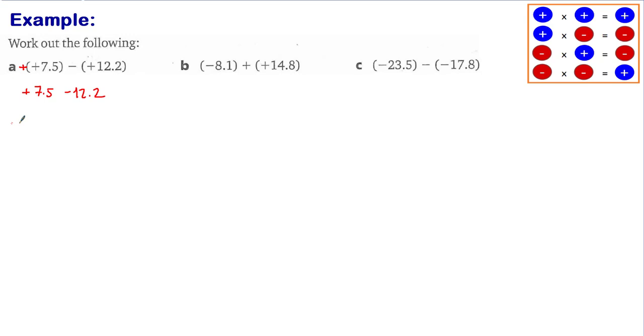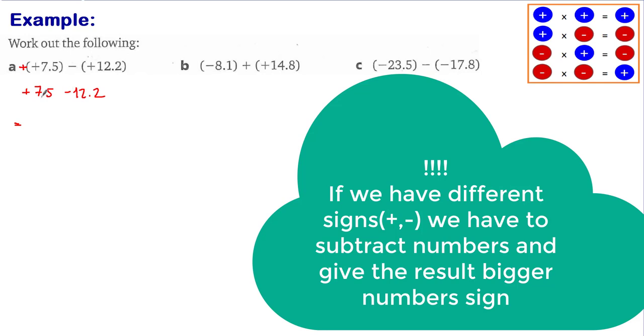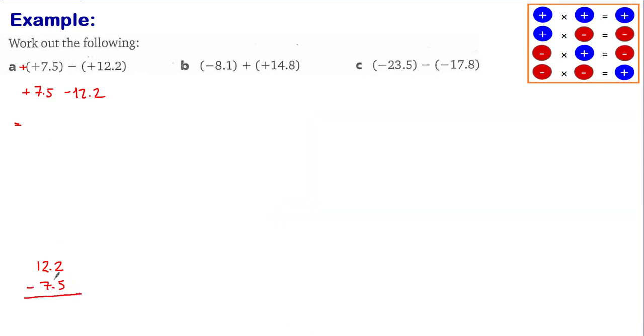So what is the result here? But before this one, I need to remind you about the last rule that I said. When we have different signs in an operation, for addition and subtraction I'm talking, we have to subtract the numbers. So which one is bigger? 12.2 is bigger than 7.5. So I'm going to do the operation like here. 12.2 minus 7.5. Then the answer is going to be equal to